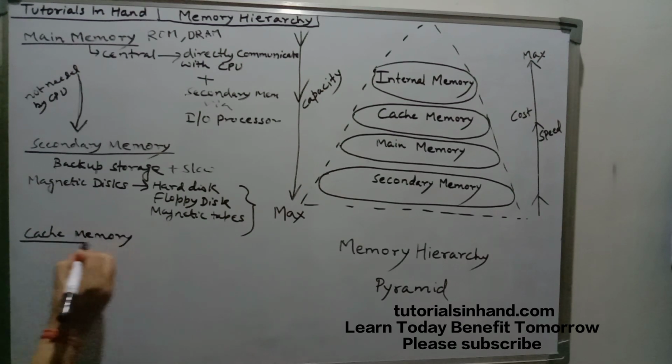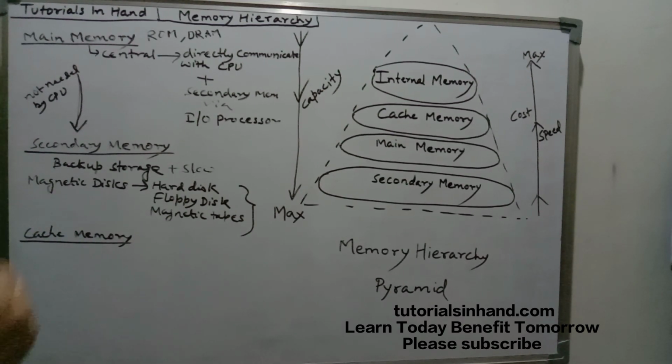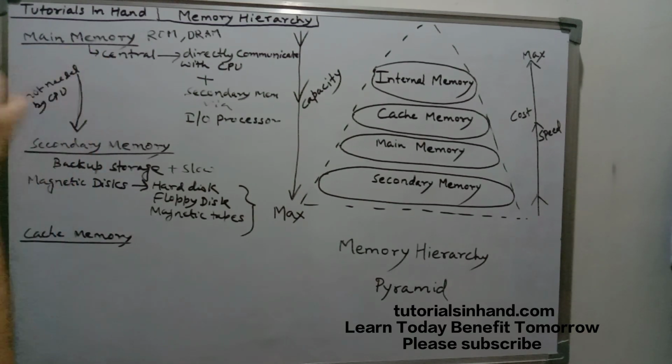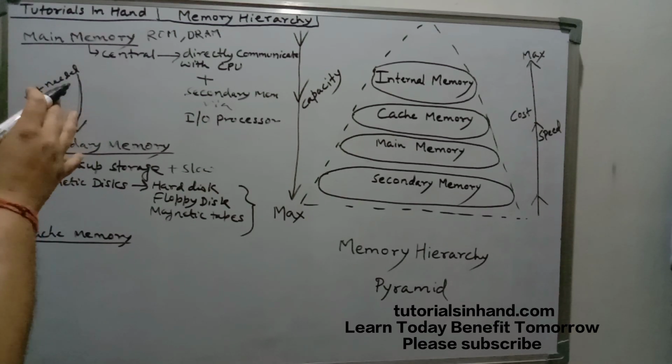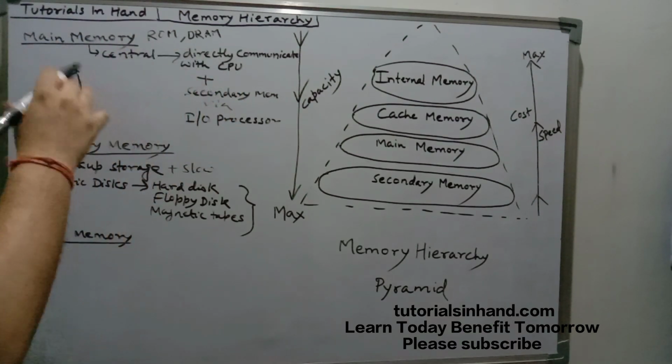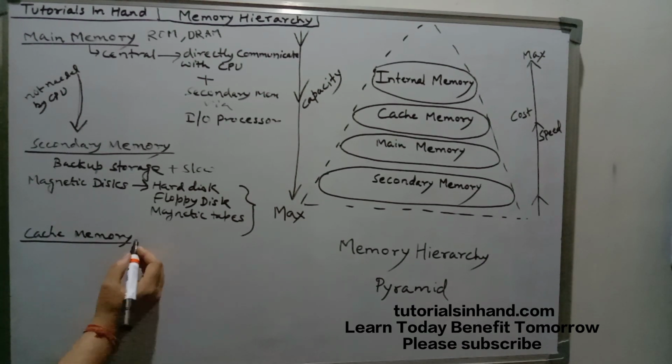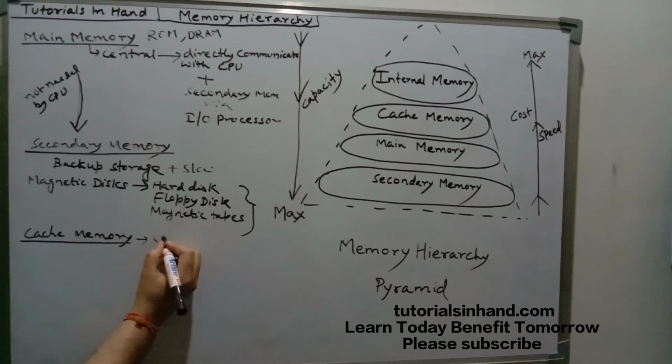Just now above I explained something, right? That is von Neumann bottleneck, because main memory's speed is not exactly equal to the CPU's speed, and that is why the processing time takes a hit. That means CPU starts executing the program and data at a much faster rate, but main memory is not able to provide the data and instruction at the same pace. That is why the performance takes a hit and there arises a phenomenon which is known as von Neumann bottleneck. But that phenomenon can be reduced by using a cache memory, which is a special type of memory.